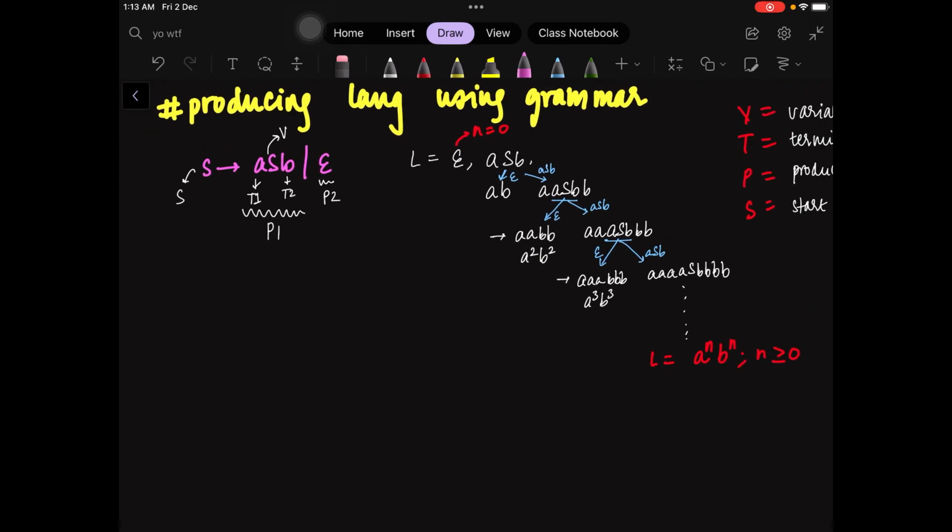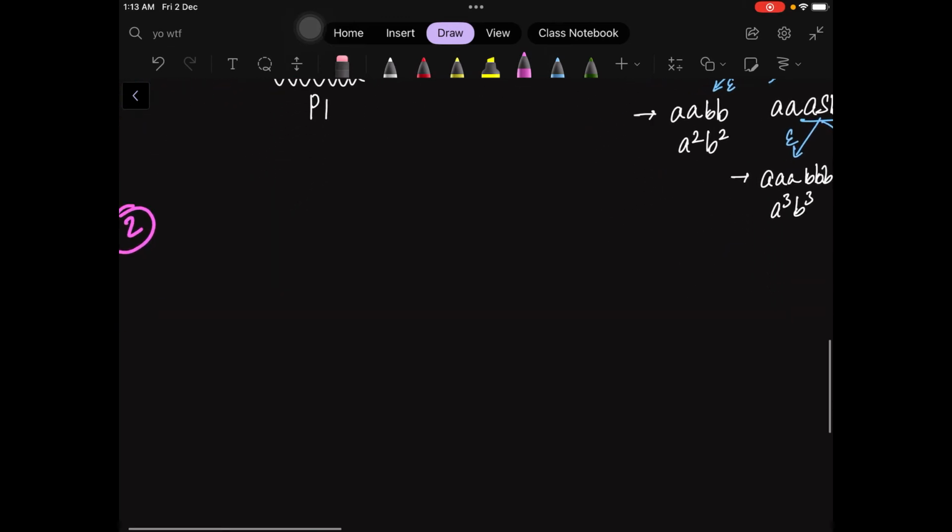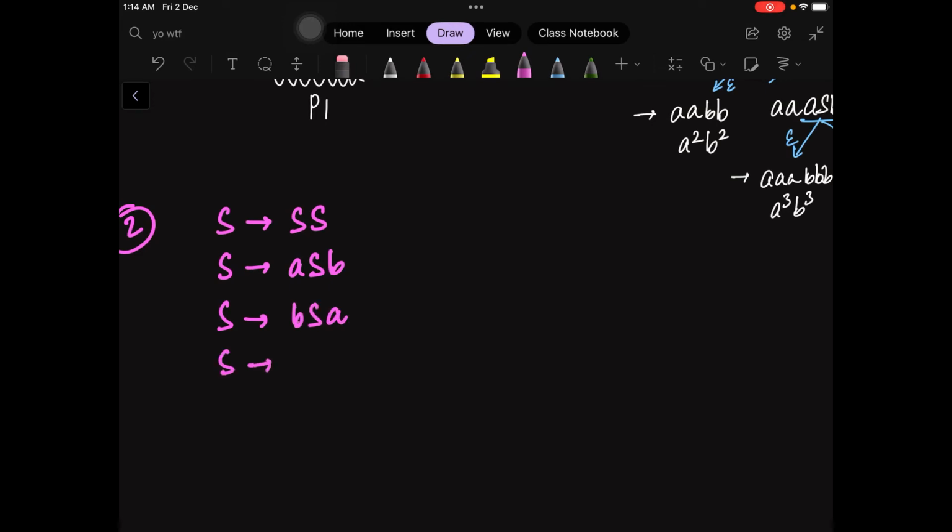This was just example 1. Let us see another example. Let's take it more complicated this time. So let us go with S produces SS, S produces ASB, S also produces BSA, and S produces epsilon. So for this, our language can be